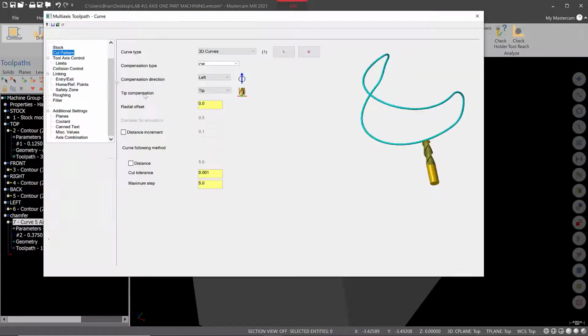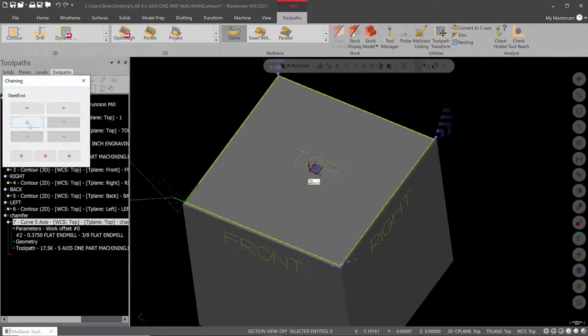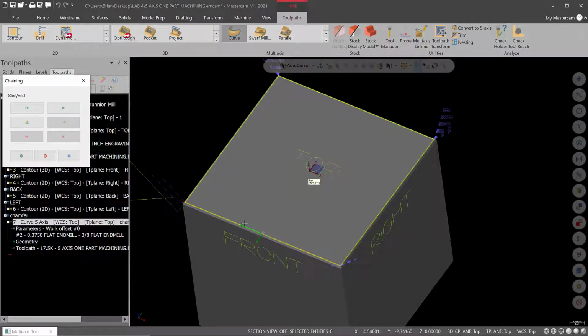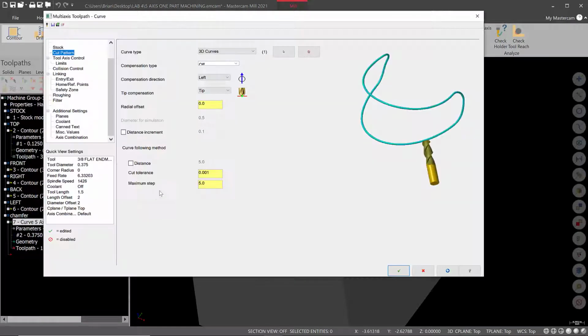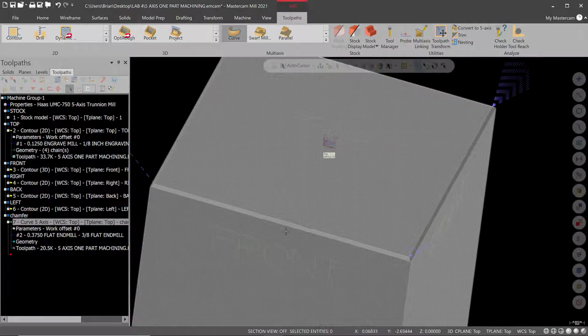Let's get into parameters and let's look at our cut pattern, and let's click this arrow where 3D curves is, and let's right click and start point on the chain. Right here is move dynamic, and I'm just going to snap to the midpoint of this line on the front and hit green check. Then let's just hit green check. I'm going to show you what that does quick, and you'll see the difference. The only problem now is that it's leading in, leading out